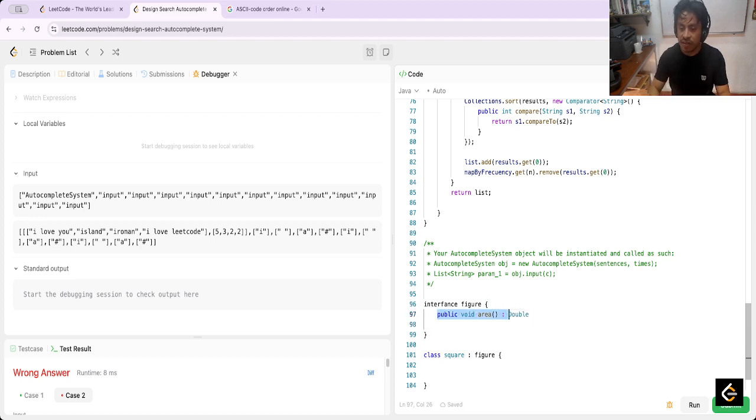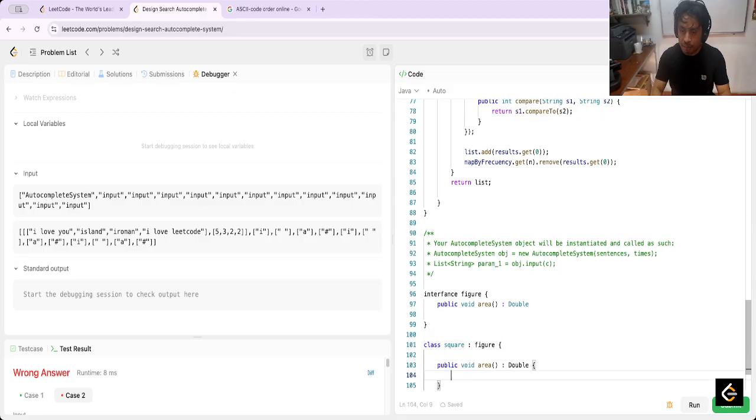With this you are saying that this square has the mandatory option to override this function and do something. People think that is the only function of the interface, but this is completely wrong. This is one way, but basically the interface helps us to